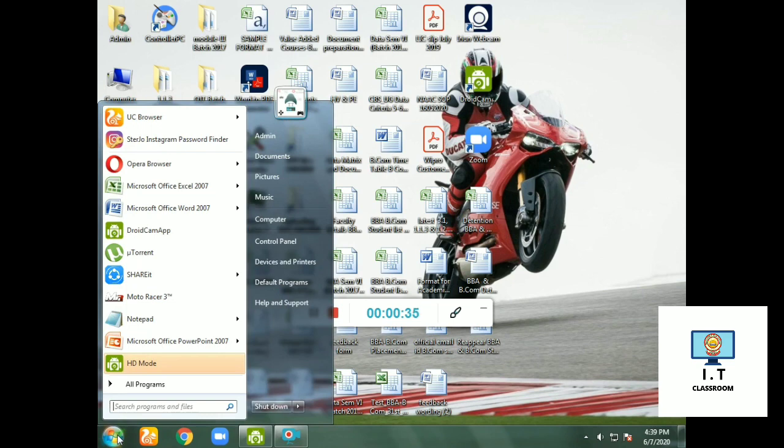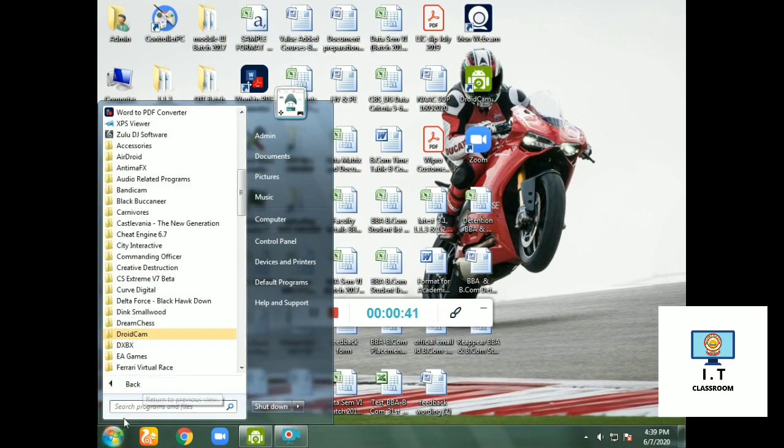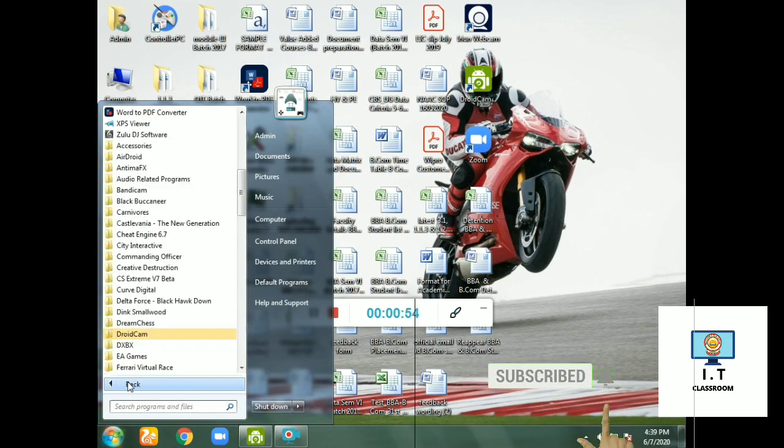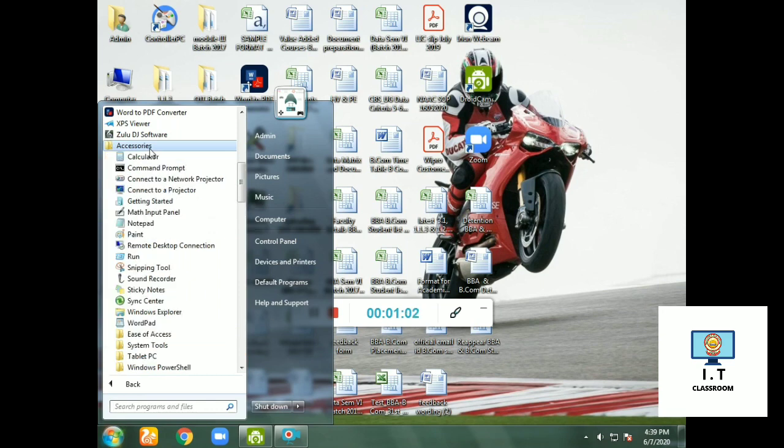Here you have to go to accessories, but before that, the first option which you have to select is all programs. First of all you have to select all programs, click on it. Then you have to go to the accessories option like this, click on it.